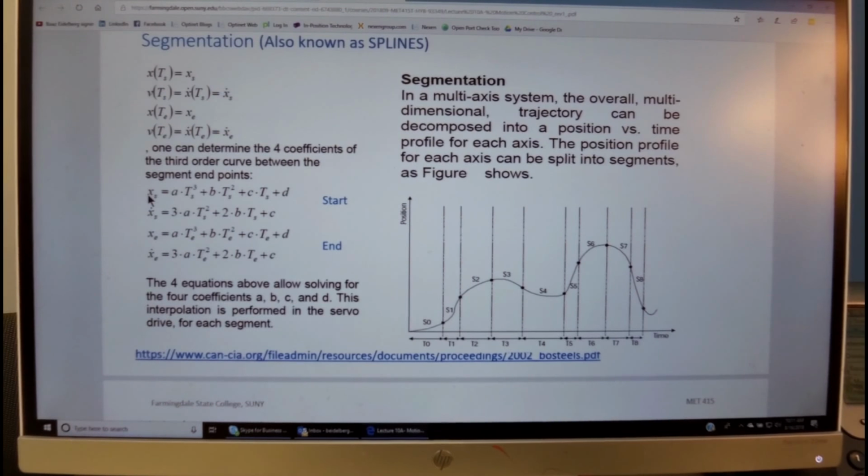We can put the initial position and the time at that initial position for this particular equation.